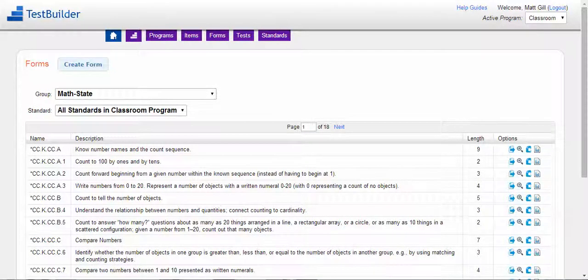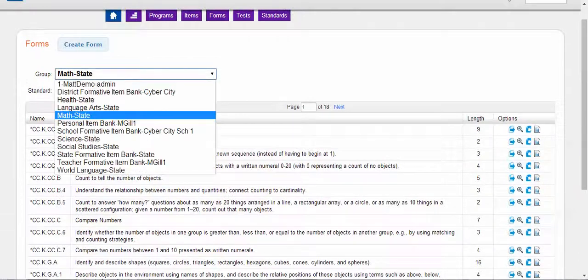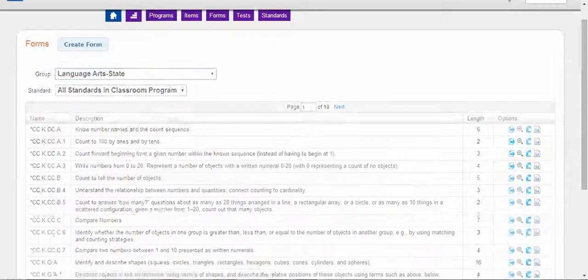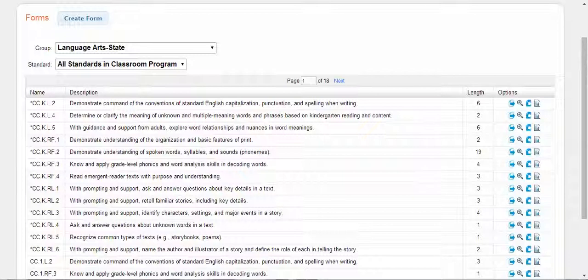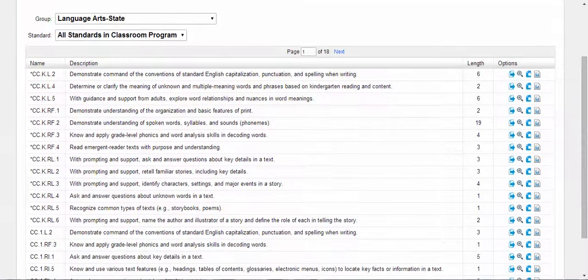And notice I'm in the Math State Bank, so what I have to do is click on the Language Arts State Bank. And what we have here are pre-made forms, and the length tells how many questions there are in the form. And notice that they're standard specific, so you can just choose a standard, find a form for that standard. To find the higher order thinking ones though,